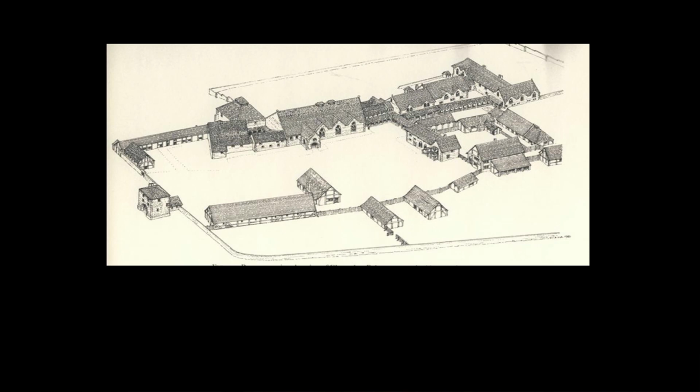And by the reign of Henry II, it had become one of the 3 largest houses in the kingdom. And by 1164, it was capable of accommodating a great council, which had 14 bishops and many lay magnates. And you can see from this reconstruction, again based on the archaeology, that it was a complex of 1- and 2-storey buildings with pitched and tiled roofs, arranged, running in a great long line here, with a great hall at